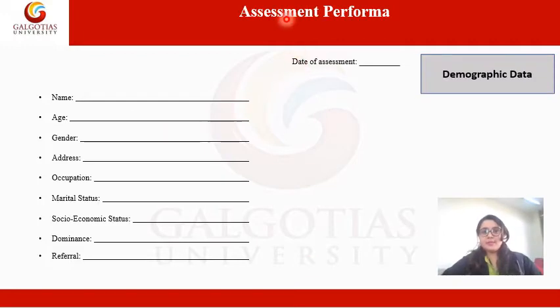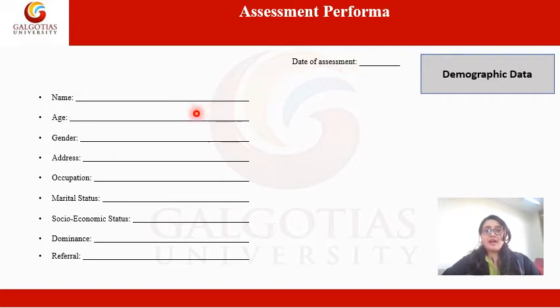So this is the assessment proforma and I'll be explaining each component much more in detail. First of all, in our assessment proforma comes the demographic data. What is demographic data? It includes all our personal details which are included in the starting page of our assessment proforma. That is known as demographic data. On the extreme right side of the assessment proforma, we will have the date of the assessment, which is very important for us to write down because we should know when the assessment was done and after how long the patient started getting relief or started getting better with the treatment you are providing.